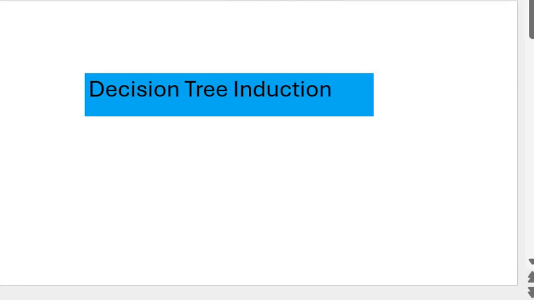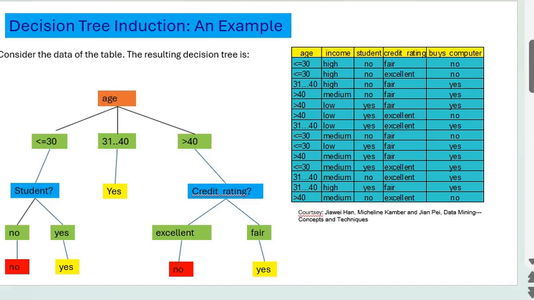Hello friends, today we will be talking about decision tree induction. Decision tree is a supervised learning technique and can be understood very simply because intuitive definition or intuitive explanations for decision tree comes out very nicely. We start with an example